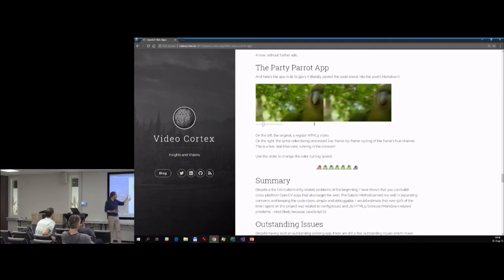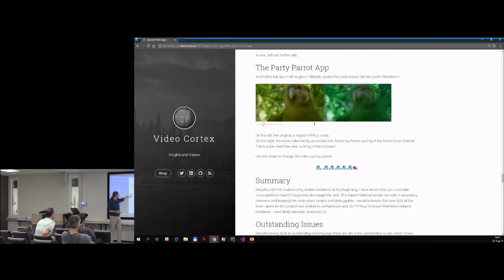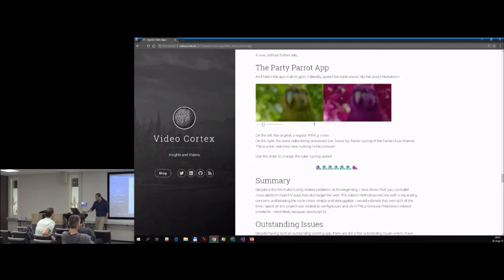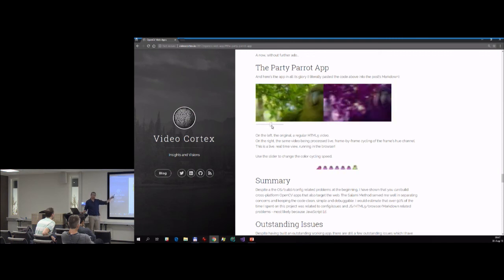You can see there's a slight delay, especially because there's PowerPoint running in the background. And this is our slider, right? So if I go to the slider and I move it to the right, you can see that the colors start changing faster, right? And I can go all the way to the left, and then it gets stuck. So you see, this is real-time video processing in the browser